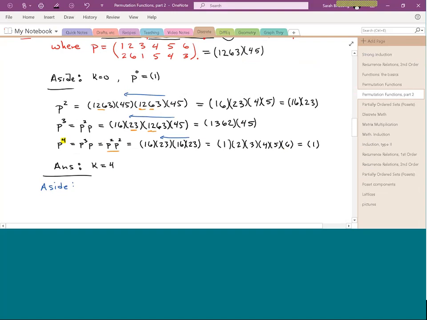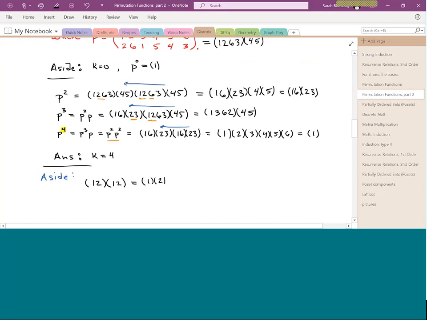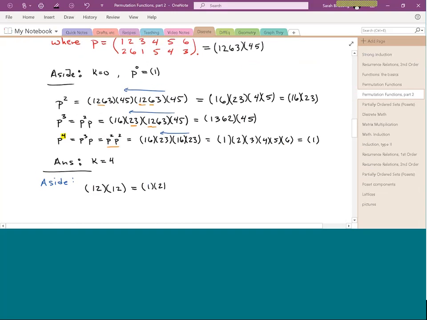If you have 2 cycles, I'm going to claim that that is always going to give you the identity function. Why? Because if you track down what happens with 1, 1 gets mapped to 2, 2 gets mapped back to 1, and same thing happens with the 2. Turns out if you have a 3 cycle,